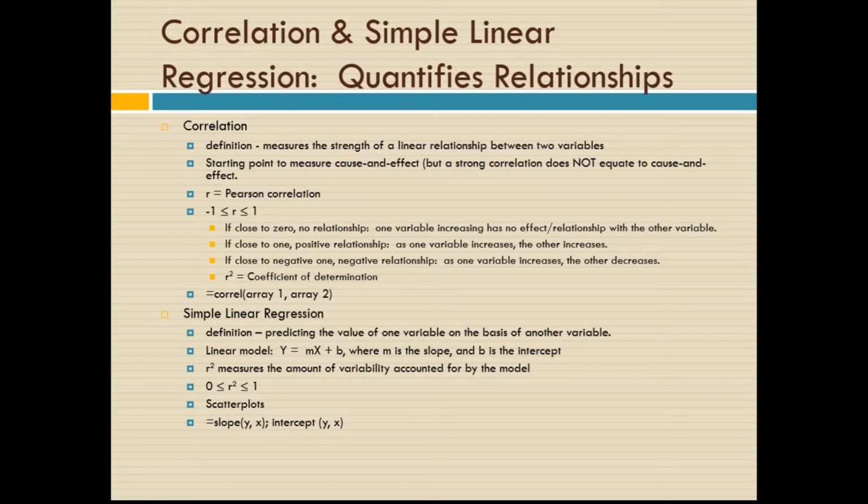Correlation can be measured with a statistic called the Pearson correlation coefficient. And it is a number that is anywhere from -1 to 1. If it's at the extreme, if it's at either -1 or 1, that's a strong relationship. If the correlation coefficient is equal to 0, there's no relationship. If it's minus, that means a negative relationship, and all that means is that as one goes up, the other one goes down. Positive means if one goes up, the other one goes up.